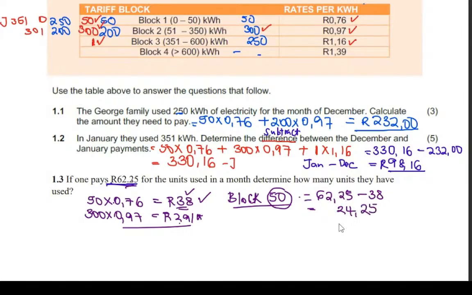So if you remain with this, you shall divide it by 97 cents. Why? It has been pushed to block number 2, but by how many units? By 25. So units used will be the 50